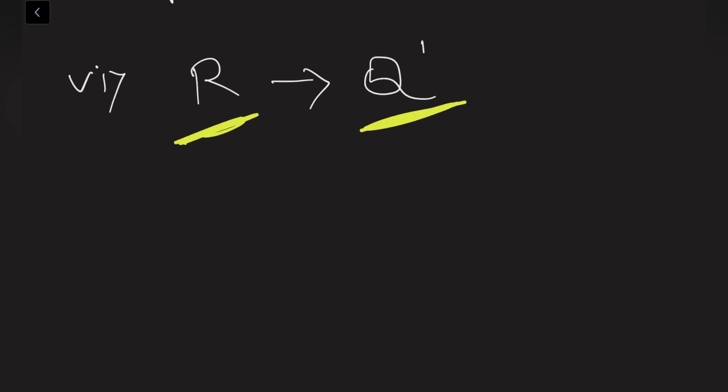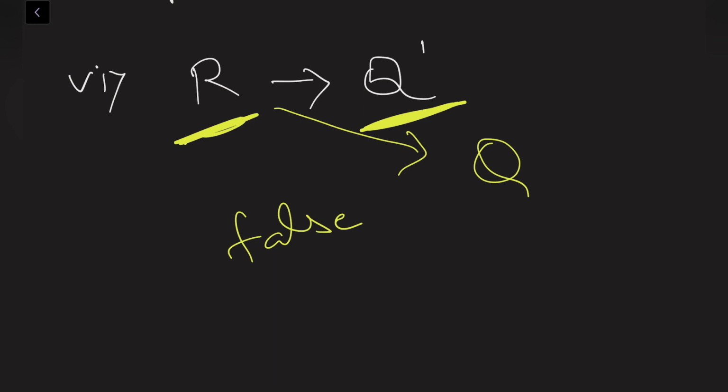Next, last one: all real numbers are irrational. He is saying that all real numbers are irrational numbers. No, obviously, because real numbers is bigger and irrational is smaller. So from bigger to smaller we are coming, which means the statement will always be false. And one more conclusion we can say: every real number may be a rational number or may be an irrational number. So he is saying that all are compulsorily irrational numbers only. No, obviously not. So this statement is false.